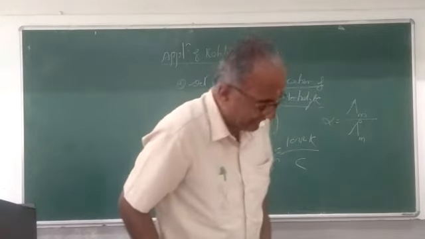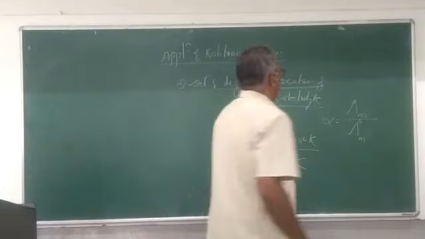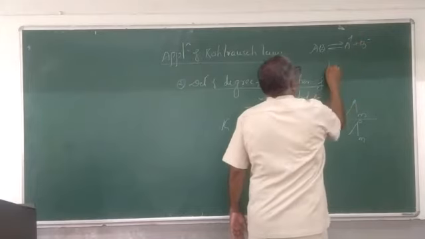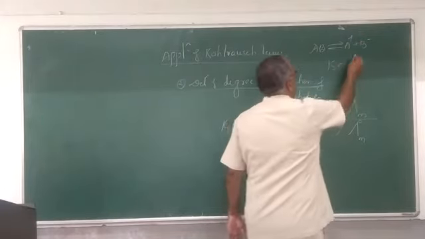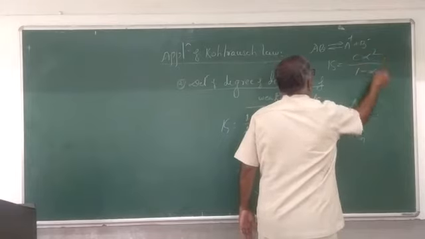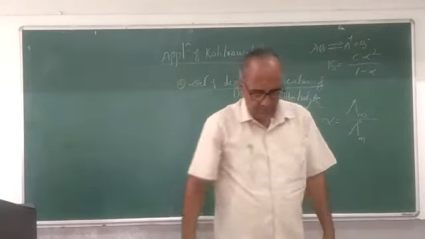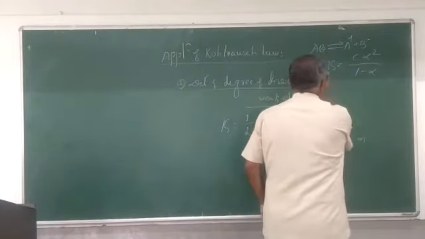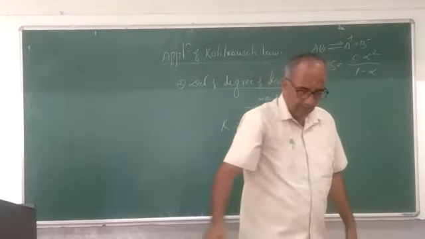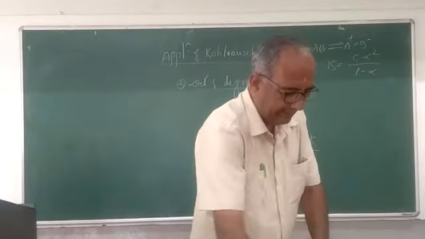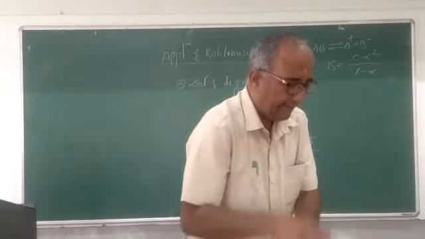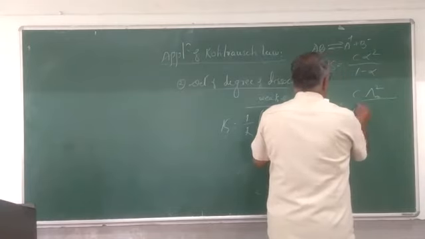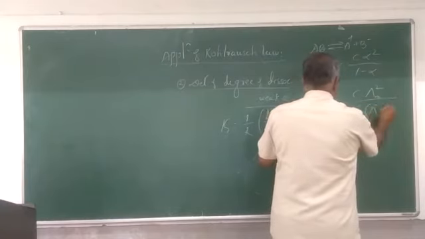Then the dissociation constant: if you consider a weak electrolyte AB, it partially undergoes dissociation, giving A+ and B−. By definition, K is equal to C α² divided by 1 minus α. So substitute the value of α, which is Λm divided by Λm°. Finally we will get K equal to C into Λm² divided by Λm° into (Λm° minus Λm).